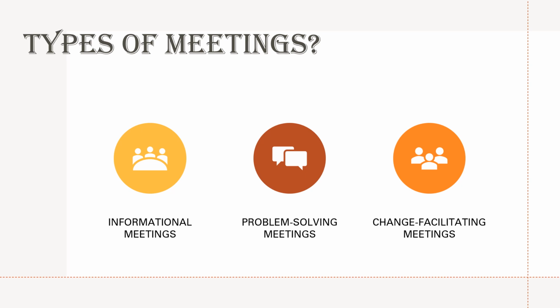One is an informational meeting, wherein the people are asked to participate only for giving them certain information. You do not want any participation from the audience's side. So for these kinds of meetings, even if you are inviting people at a very short notice, it would do, because you don't want the people to prepare something, because you don't want any of their inputs. So informational meetings are convened whenever you have a certain piece of information that is to be shared with a lot of people. You will call a meeting which is informational, and you can give the information about that meeting at a very short notice.